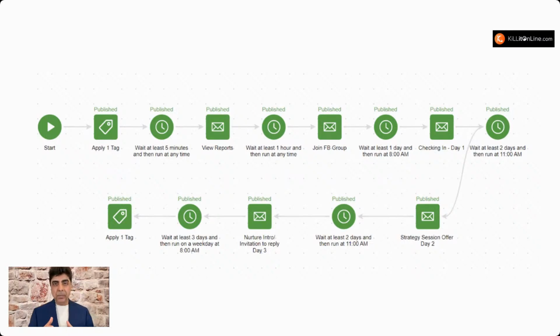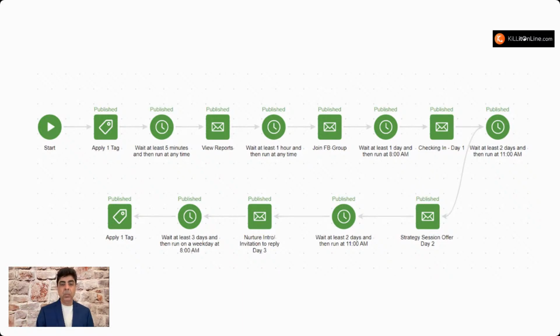So when I have someone sign up for one of my trainings, right? This is a slightly more advanced email sequence. They come into the sequence from here where it says start, or let's say where they get tagged. So 5 minutes later, they get the link to the training they signed up for. So let's say you were to sign up for my training. You go to my website and say, okay, I'm going to sign up for this training. When you sign up, in 5 minutes you get an email with the link to the training,